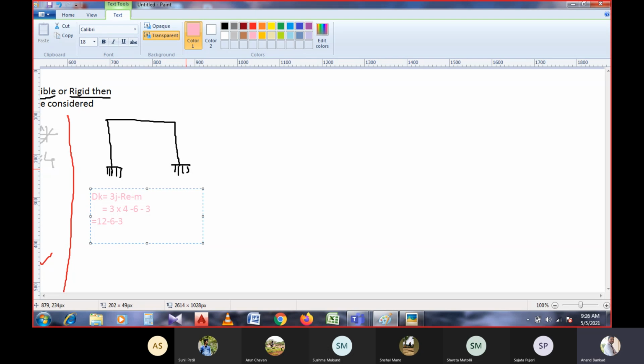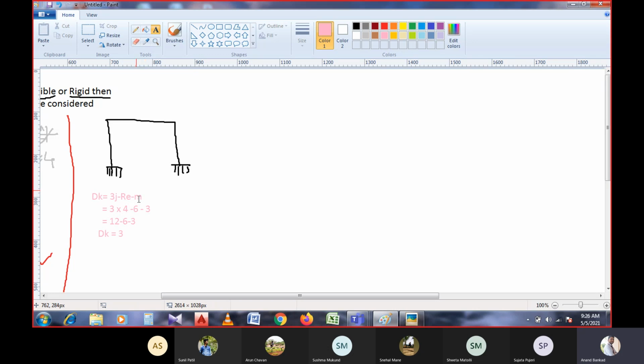So here I have to write in this manner. How many degrees of freedom can we observe? 12 minus 9 will be 3 numbers of degrees of freedom we can observe in the particular structure. So let us see what are those 3 degrees of freedom in the particular structure. The degrees of freedom in the structure, if you observe, are a rigid body displacement, and it is a rigid body.